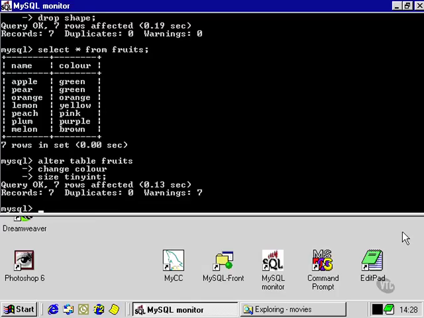Now, because we've just changed a string column to a numeric column, some data will inevitably be lost. If you look closely at the response from MySQL that we got after we inputted that line of SQL, we can see that there are 7 warnings. So something is going on that MySQL considers to be worth warning us about. It's not very clear what that warning is, but if we look at the data,